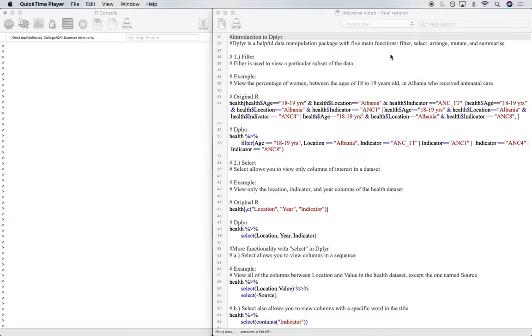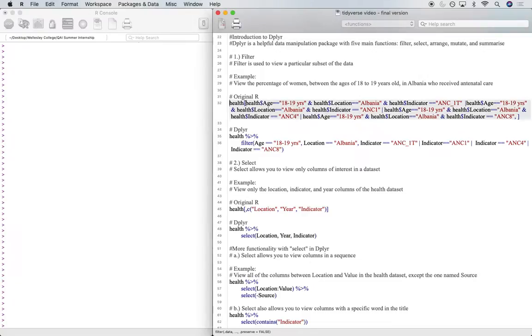So first for filter, filter is used to view a particular subset of the data. For instance, if we wish to view the percentage of women between the ages of 18 to 19 years old in Albania who received antenatal care, originally in R, we would first start by specifying the health data set and then say where the age is equal to 18 to 19 years old, location is equal to Albania, and then